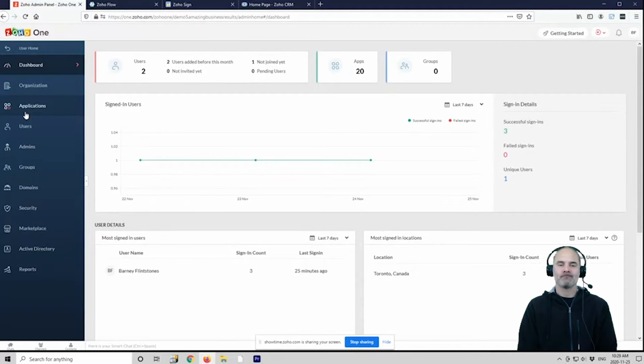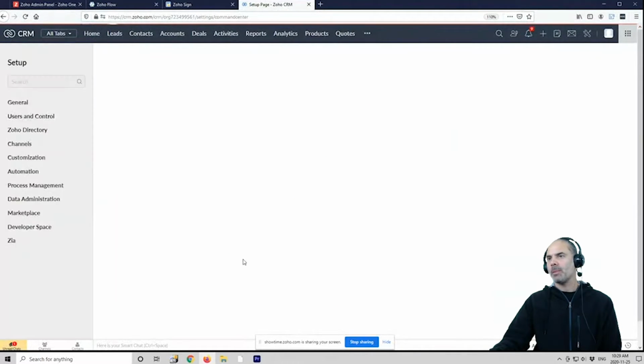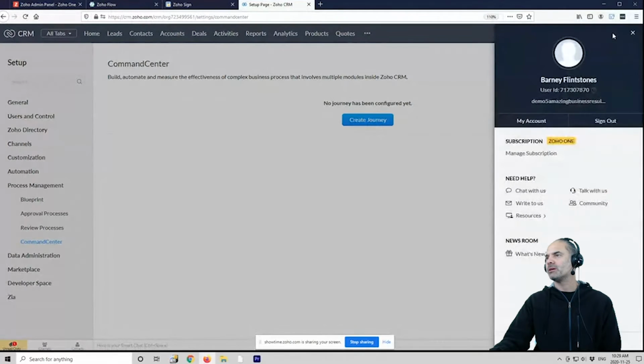Because that's my understanding of Command Center, that you can see the conversion from lead to contact, and then get into your deal and do certain things with your deal, and then come back and do stuff on your contact and go in between and see at least some sort of flow that happens all the way through a lead to closing a deal. So let's see if I have a Command Center here.